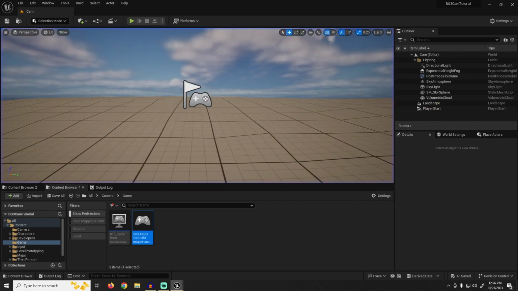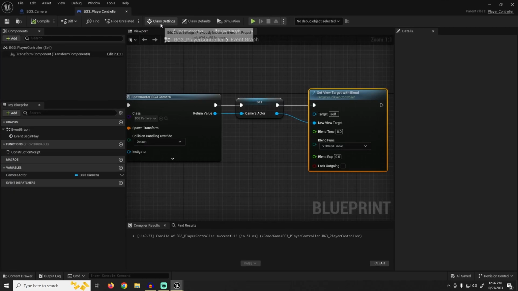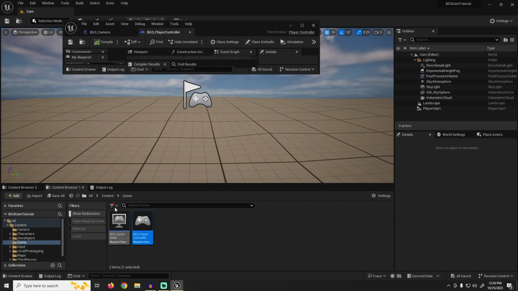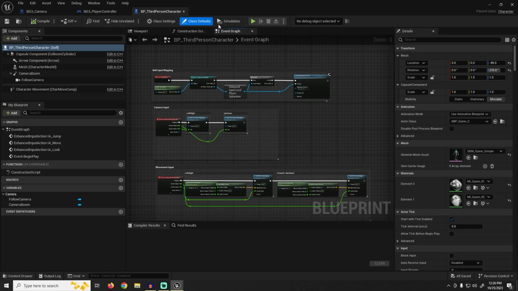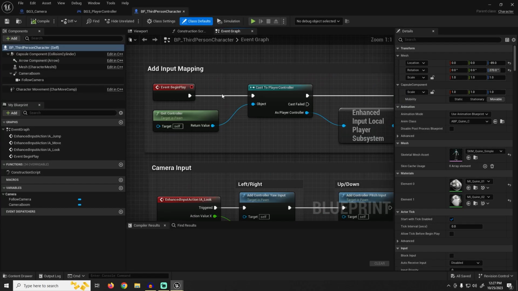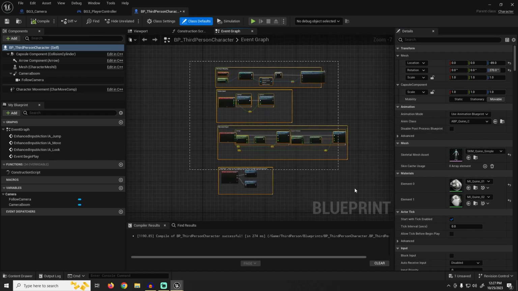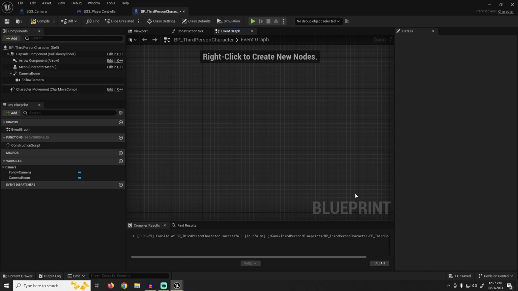But we can remove that logic now. So if we go back into here, not here actually, content, third person, blueprint, and open up the third person character. First thing we're going to do is just unhook all the logic. Event begin play, and if you wanted, you could just select all and delete, but I'm leaving it in